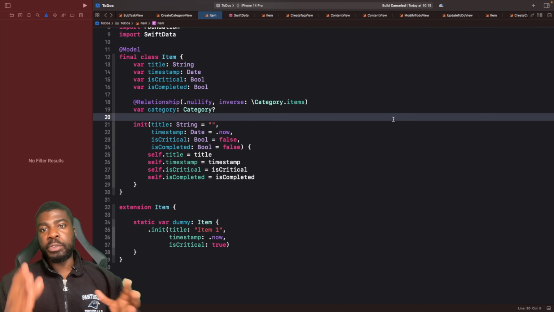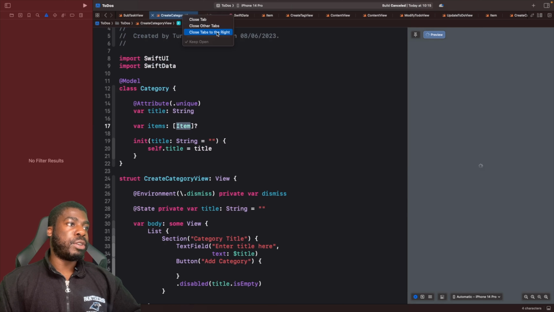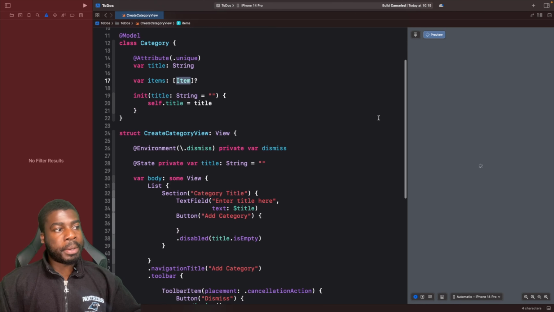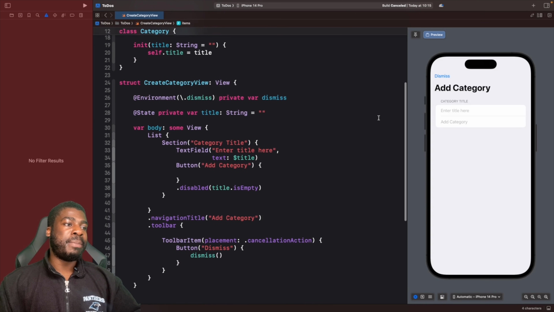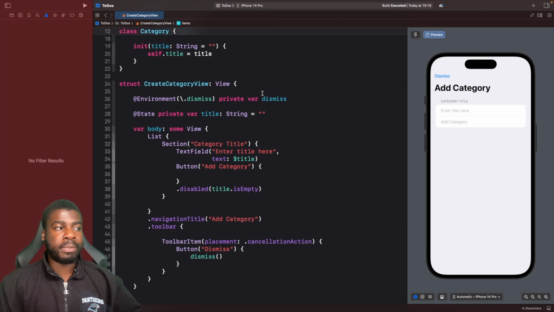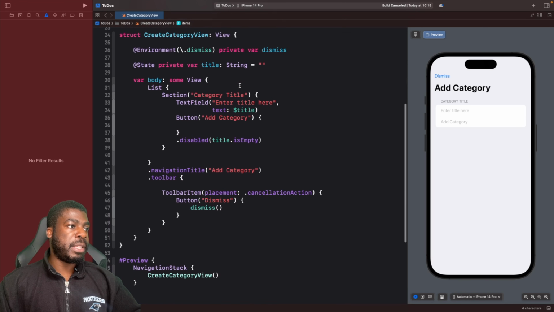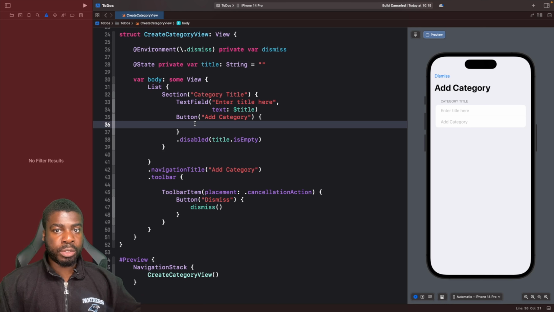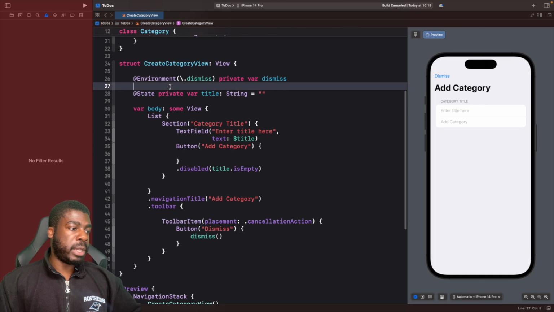The next thing we need to do is actually see how to actually create some categories. So let's go back into our create category view. And I'm going to close these tabs because I've got far too many tabs open right now. So we'll close that tab. So what we want now is if you start typing in here, you tap on this button, we want to save a category into SwiftData. Now we've already imported that. So the next thing we need to do is we've got our title here to actually bind to this text field. So when someone taps on this button, we actually want to use our context to insert this category into our storage. So the first thing we'll need to do is access that context using the environment. So let's add that in. The next thing we'll do here is we'll just say